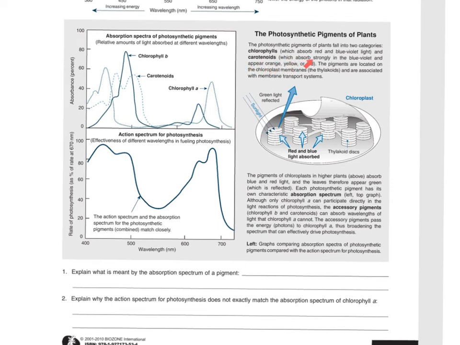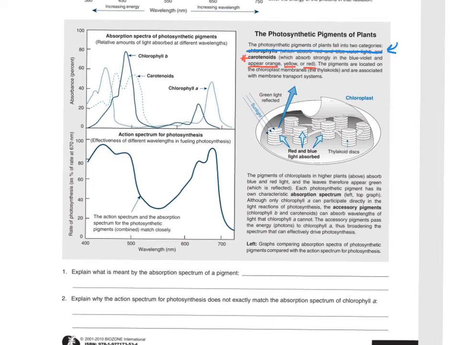But carotenoids, if you get rid of the chlorophylls, A and B, and you're just left with the carotenoids, according to this, you're going to see what? Orange, yellow, or red. So these are the colors that you see in the fall, right? Does that make sense? But what would have to happen is you'd have to get rid of what? The chlorophylls. Because what's absorbing those colors? The chlorophylls.